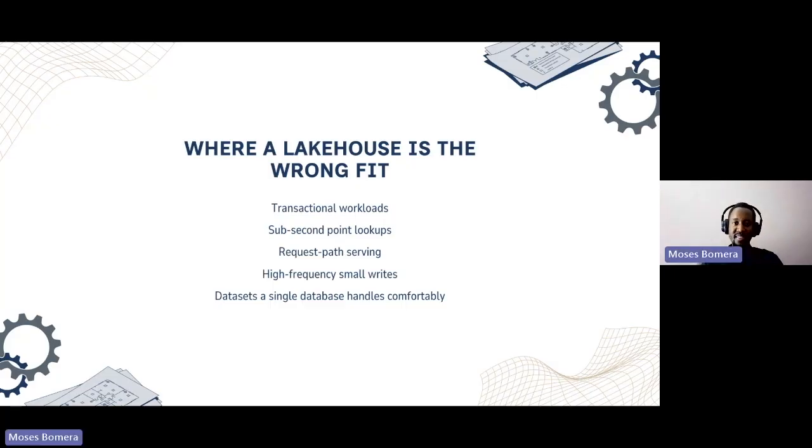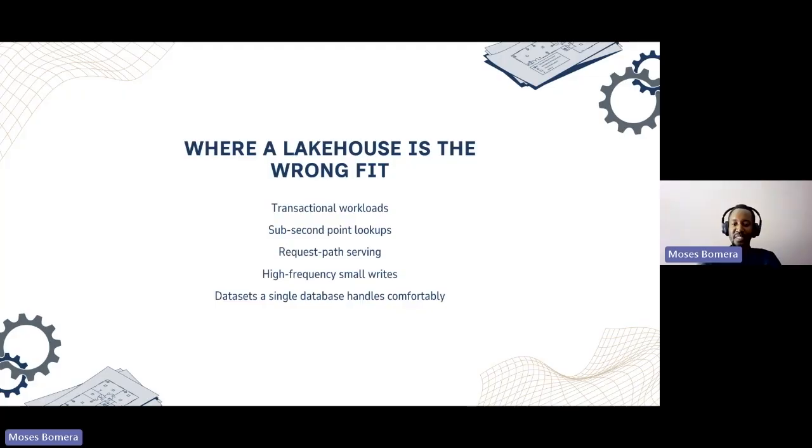So, seeing where we can use a lakehouse, there are also scenarios where a lakehouse is the wrong fit for whatever it is that you're working on. If I use an example of this session, say this session had an application where you can ask what time a certain session is, you would not want to use a lakehouse for such a thing.